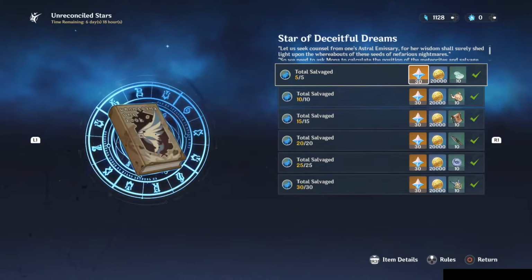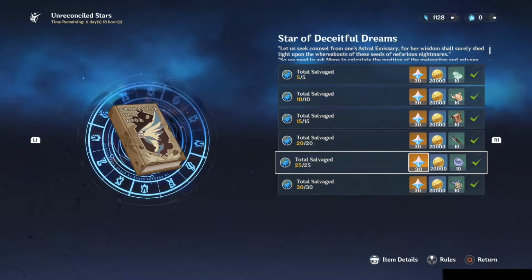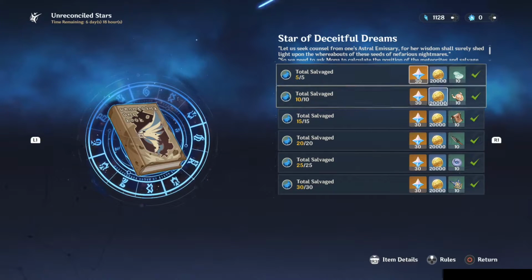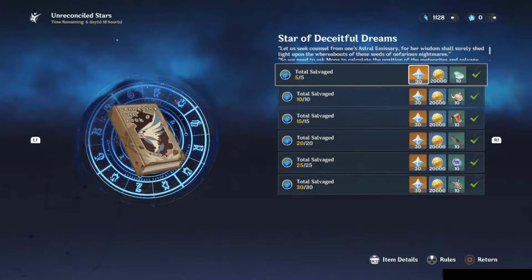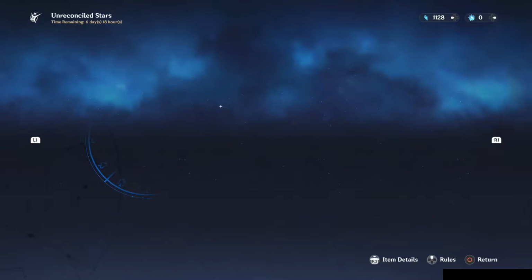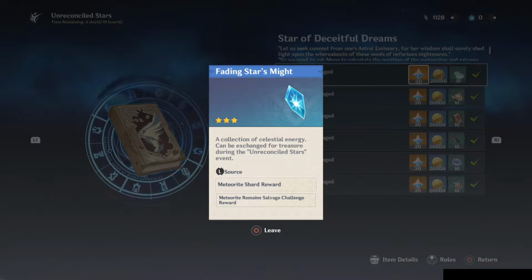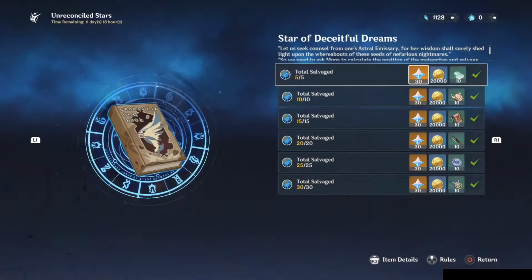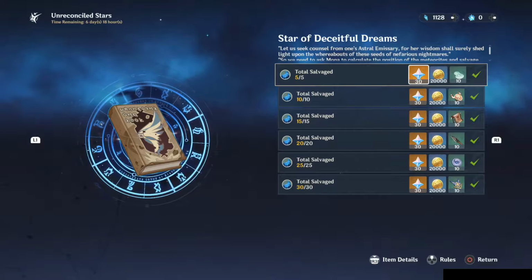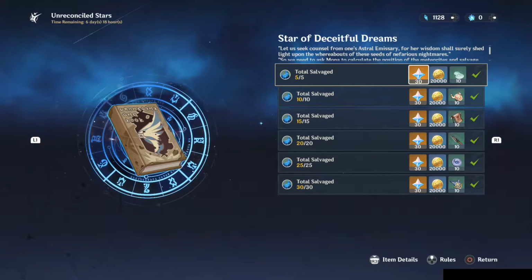Anyway, Star of Deceitful Dreams. I maxed this completely out. I still can't get my cursor farther up to see it. As you can see, I have about 1,100 regular meteorites, whatever these are called. Fading Star's Might. Fading Star Essence is what we need to go after now. I wasn't able to get as much as I wanted to. I'm missing about,